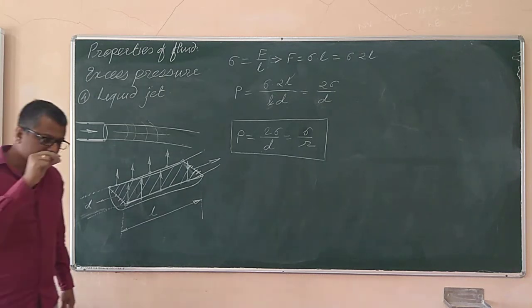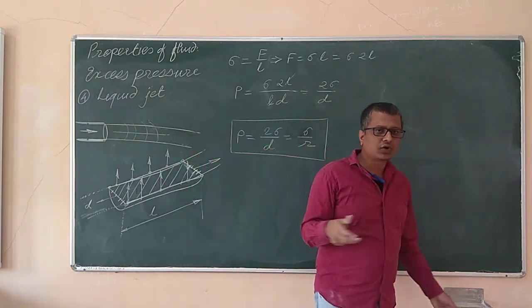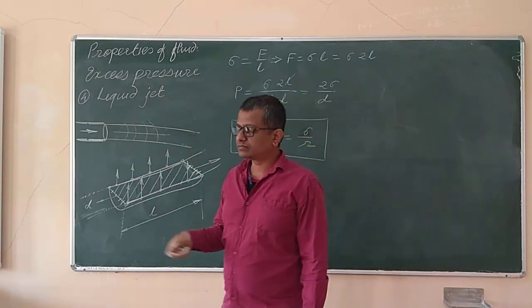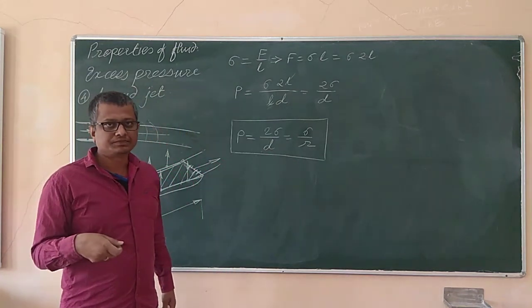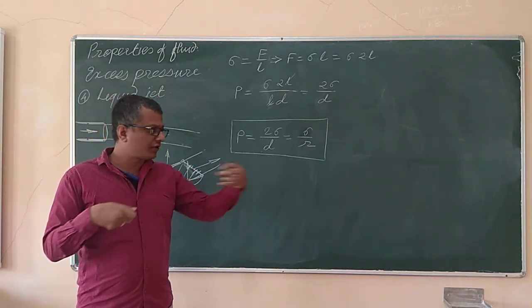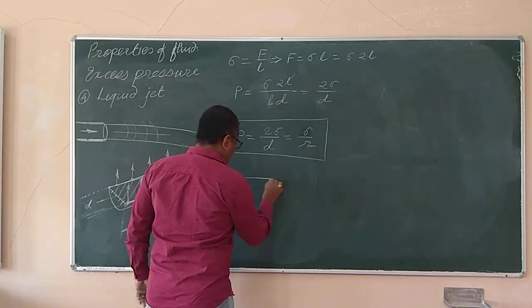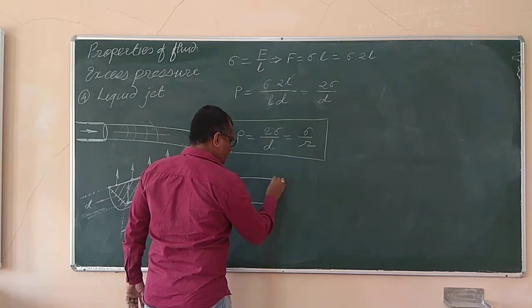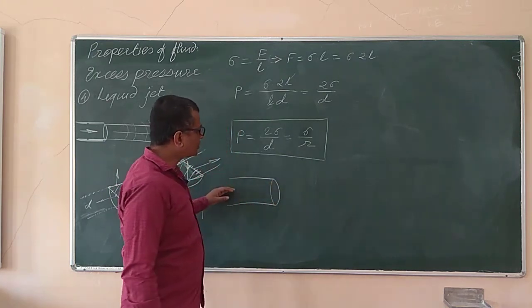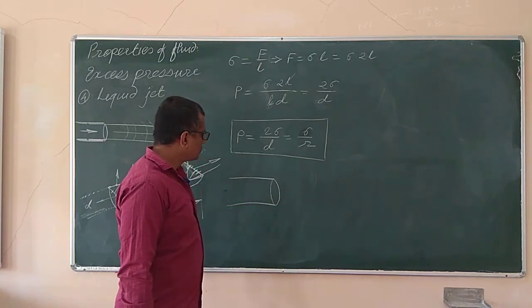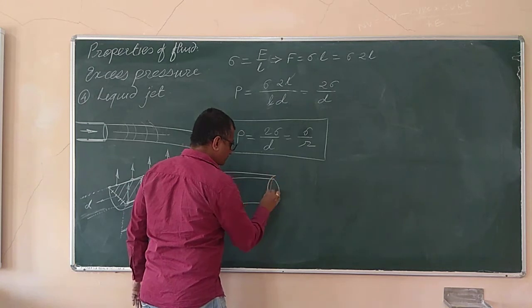Now if you observe this carefully, consider you are there in the garden and providing water to the plants with the aid of a pipe, and the water is coming out of it. Water is coming out of that pipe. If you observe it carefully, this is say the pipe, this is the end of the pipe, and here onwards the water is coming out. I would like to show you the thickness of the pipe also.